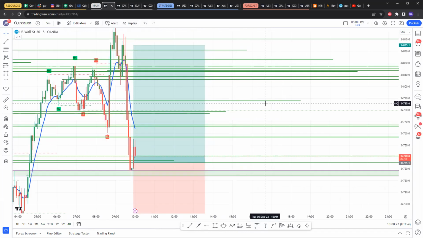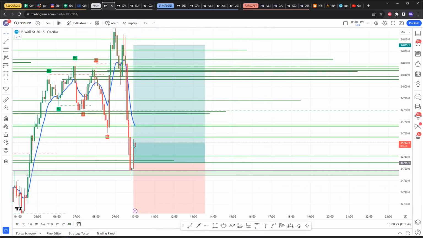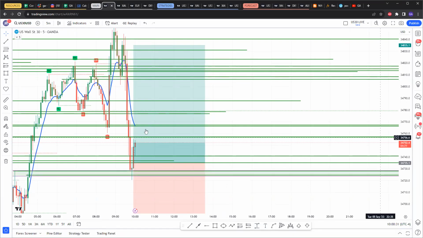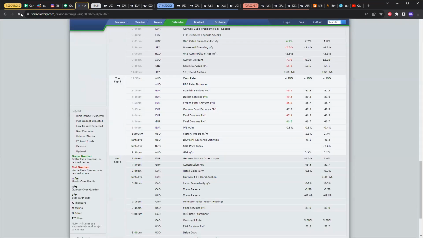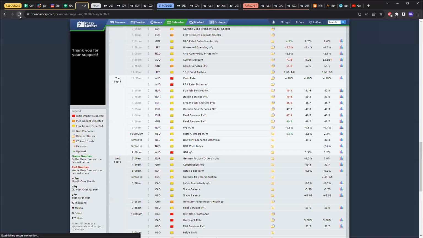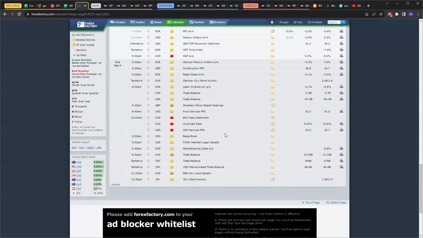All right, so let's see how this goes. There's definitely volatility in the market because even my MT4 is not moving. I know TradingView is moving, but